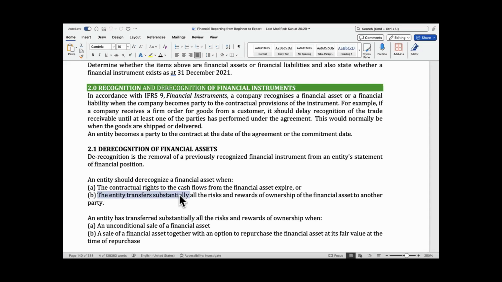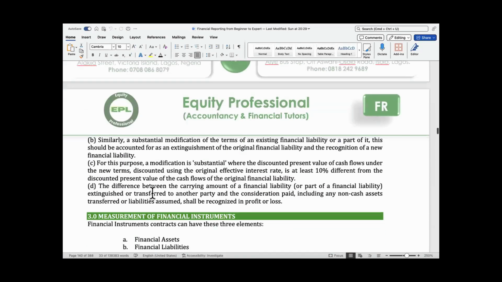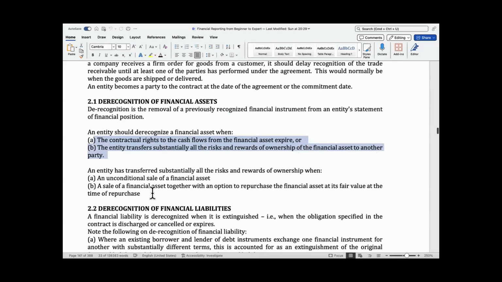So before you can recognize a financial asset, these two must exist. These two must be present. Your contractual right to cash flow must have expired, and there must be transfer of substantially all risk and reward. And a typical example of this is if you have an entity